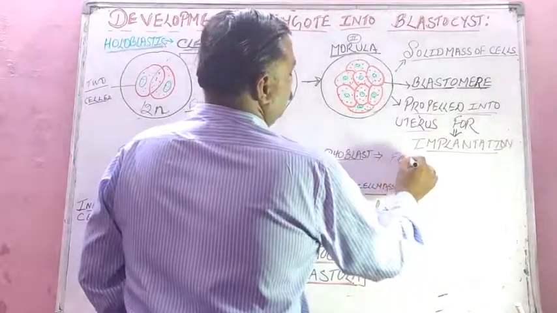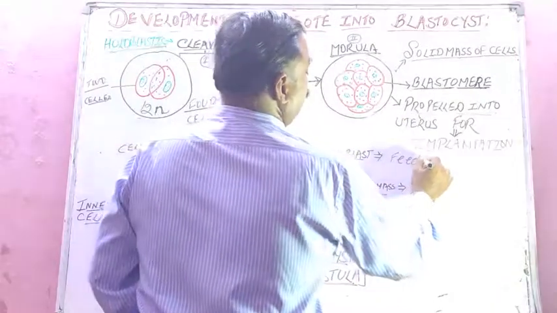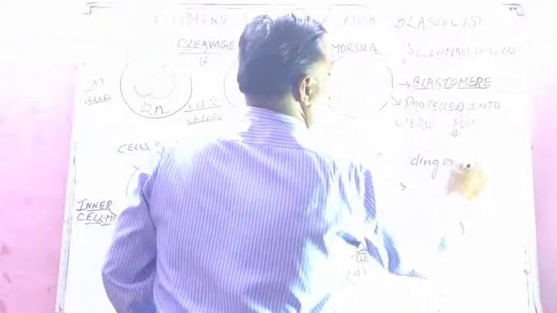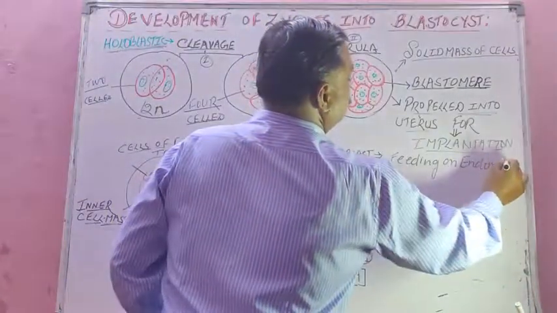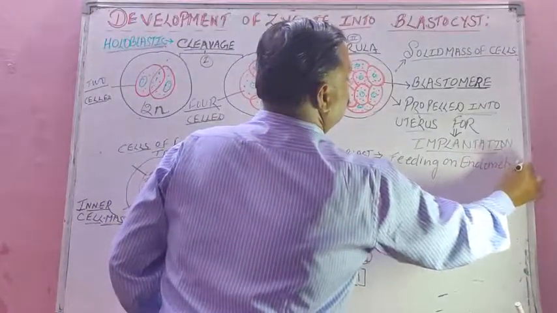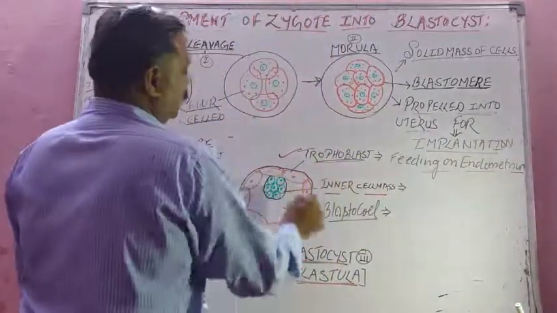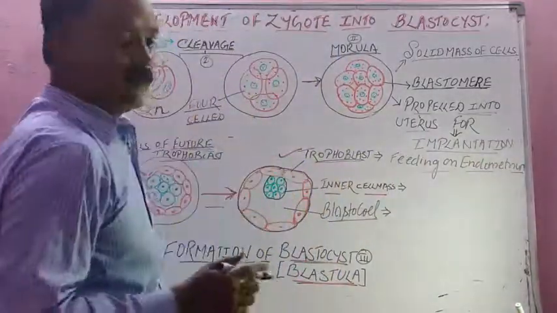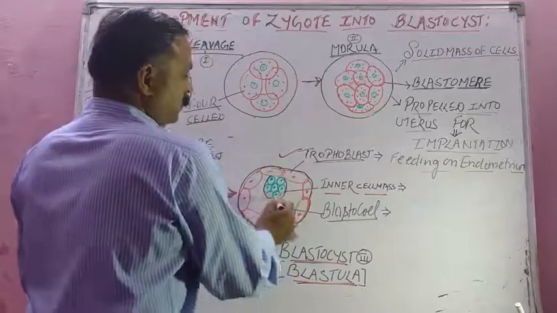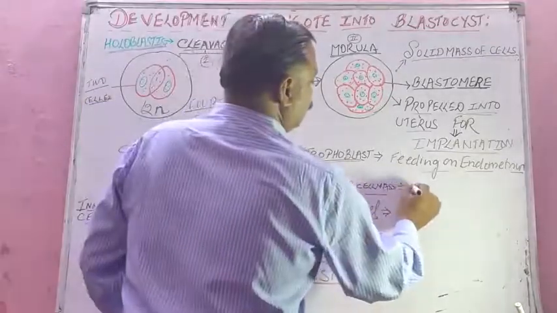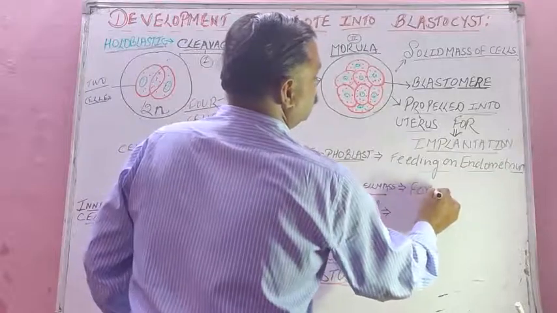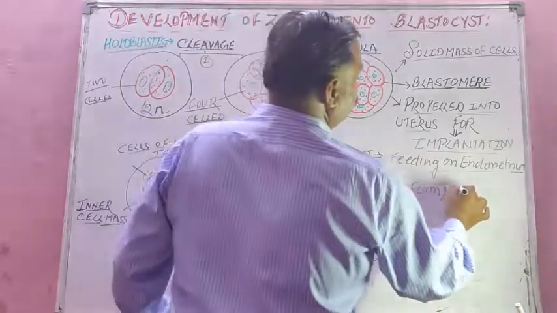So it starts feeding on the endometrium or the inner lining of the uterus. This inner cell mass forms the embryo,